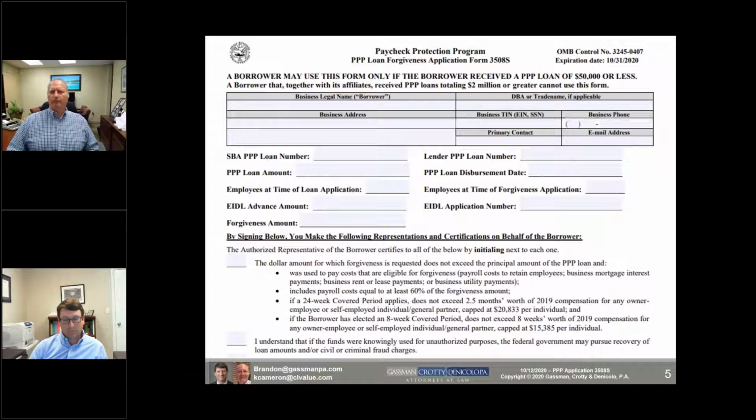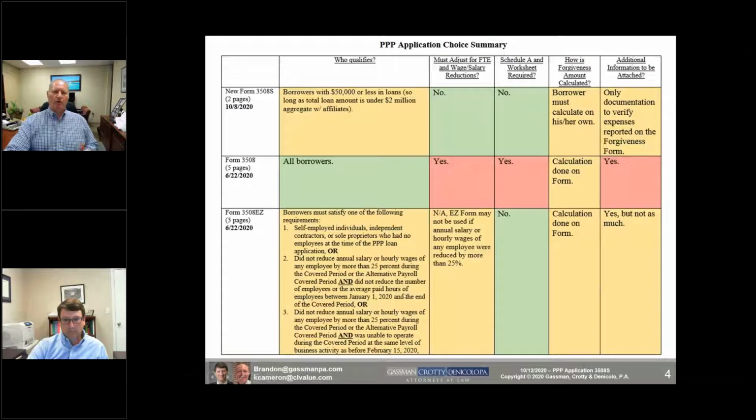So if you're in the process of applying and you qualify to file the EZ form, and remember the qualification for the EZ form is either you're self-employed with no employees, or you have a loan in which you are not subject to the pay reduction. It's there at the bottom, the third section down. Or more importantly, if you did have an FTE reduction, but you were subject to a closure order or some other type of order that prevented you from operating your business at the same level you were on February 15th,